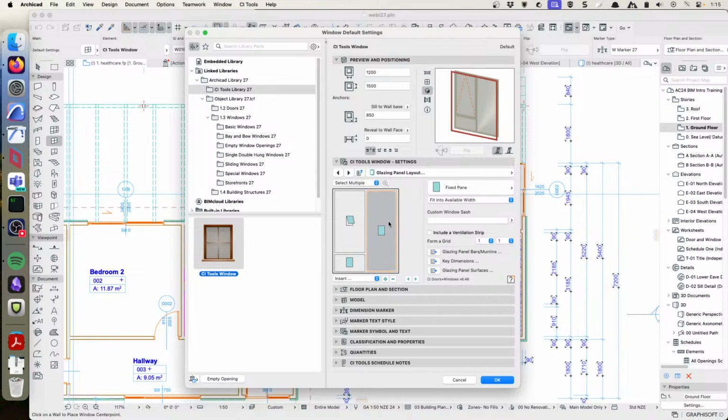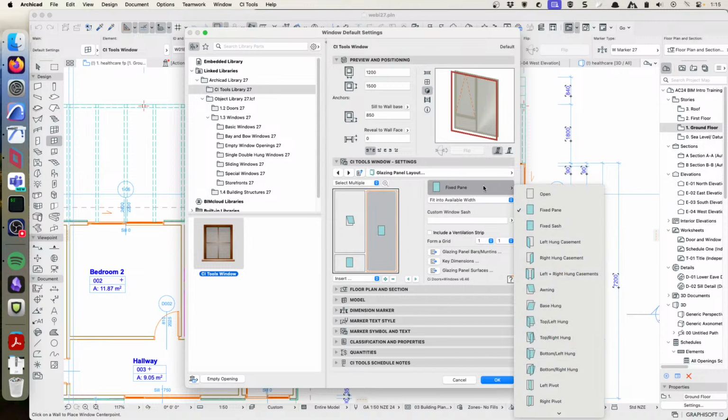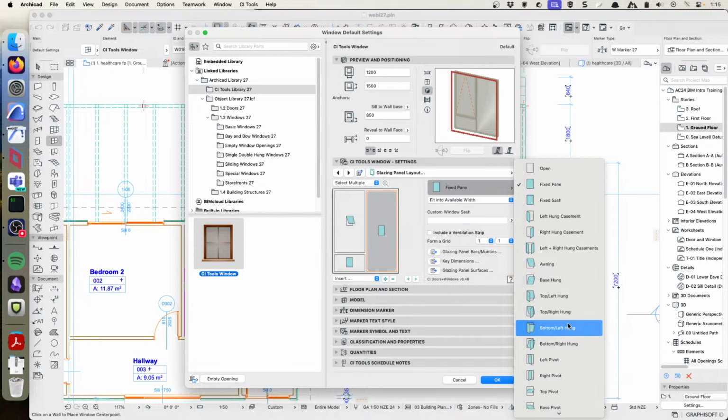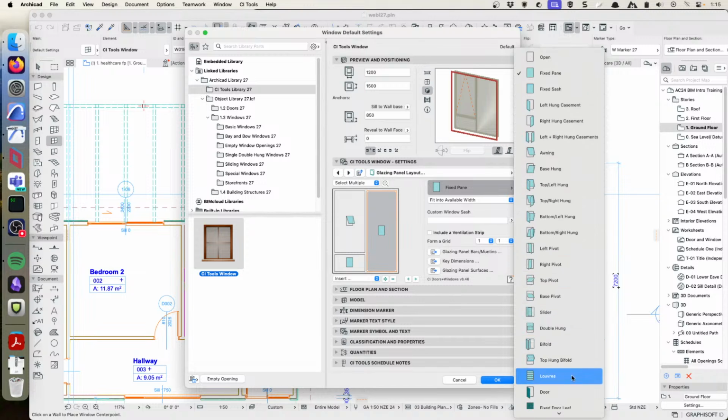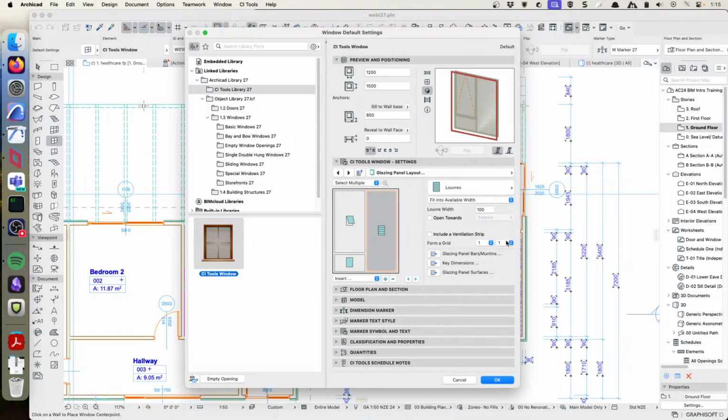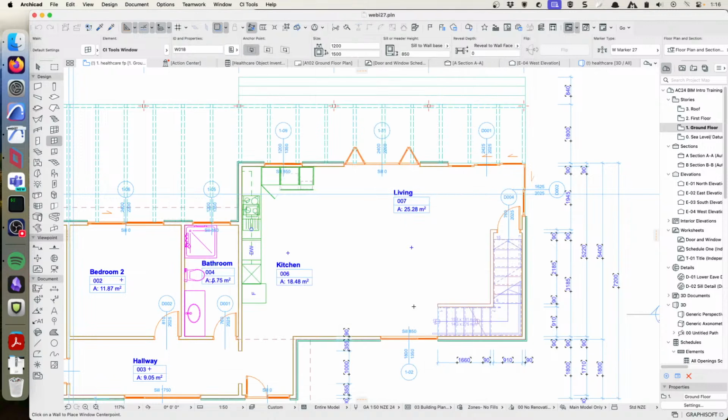Then I'll deselect that one and I'll select the one on the right, and we can go through and say actually this one here should be, let's go with some louvers on the right. And you can see that when I select that, it does it. If I go to that elevation view, you can see that a bit more easily. So now I've set out the panels, and I've set what I want to be in the panels. For now, this is looking like what I want, so I'm going to hit OK,